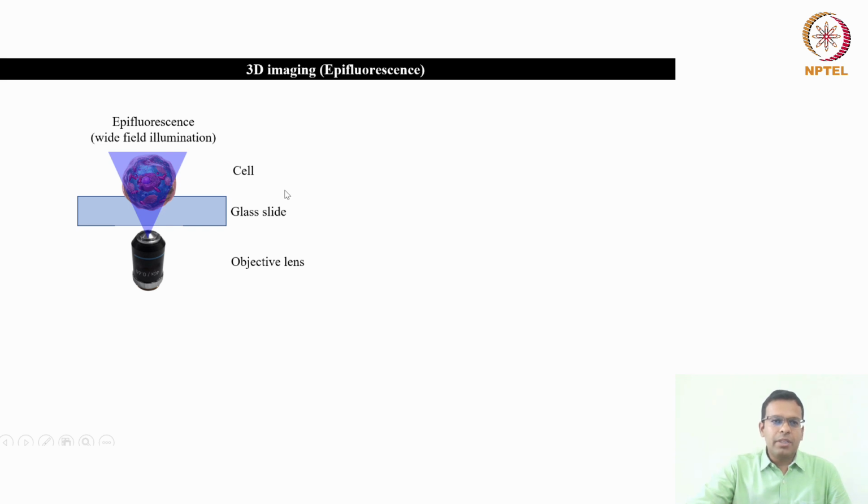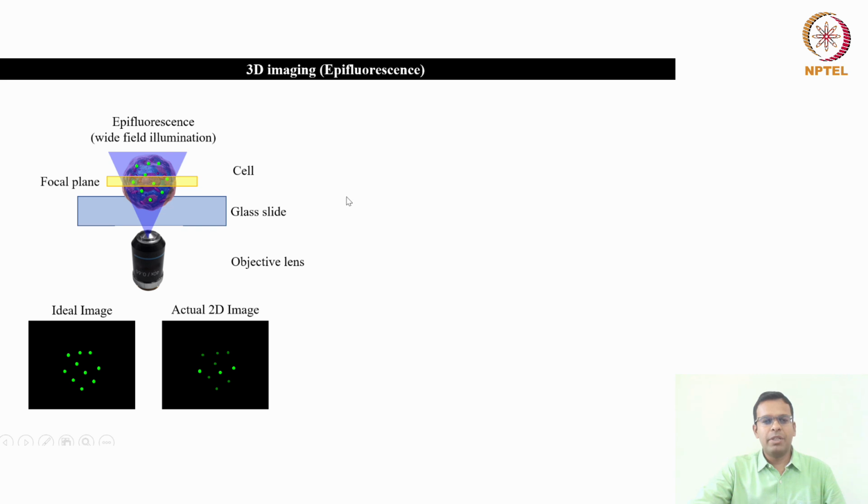And because of this, what will happen? Let's say there are 10 fluorescent molecules inside the cell. All 10 molecules will give fluorescence. But the focal plane of this objective lens is only around 200 to 1000 nanometer in depth. So the objective can see only those molecules which are in this focal plane, and those are only 3 molecules out of 10. Even if all the fluorescent molecules inside the cell are illuminated, it can capture the fluorescence coming from only these 3 molecules which are in the focal plane.